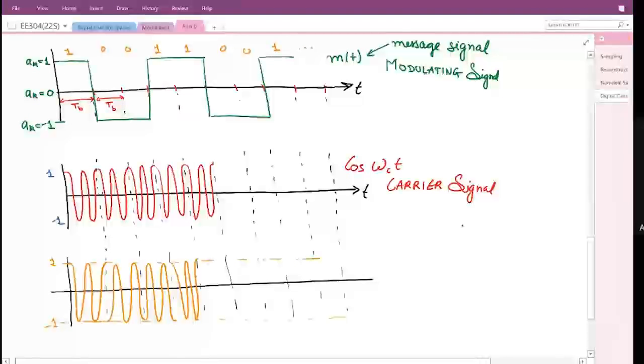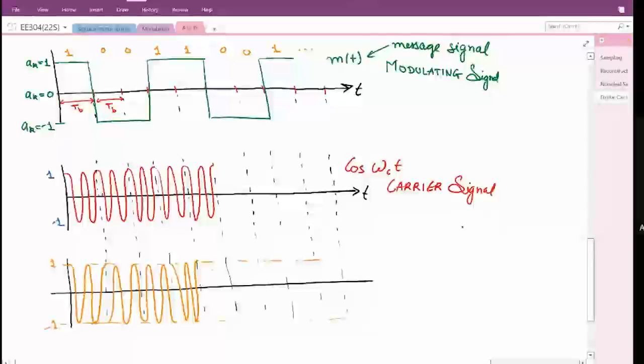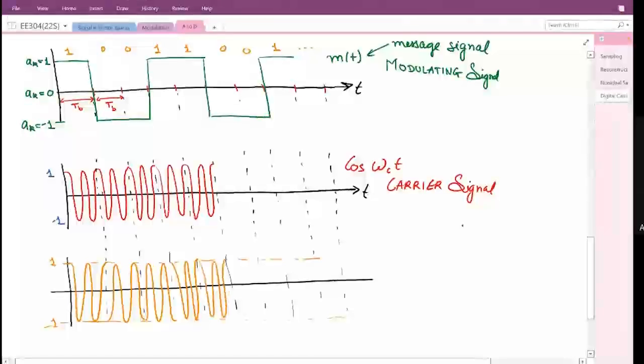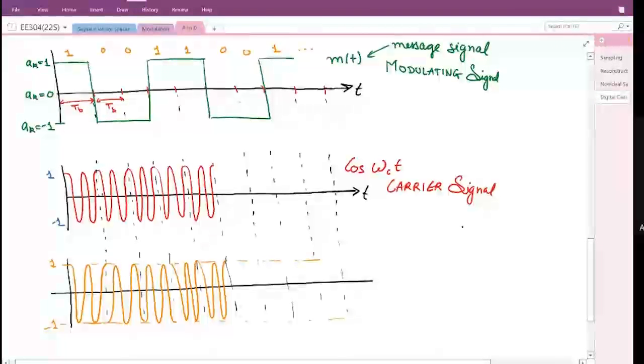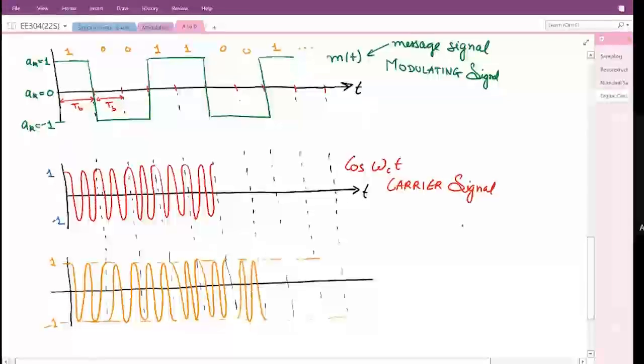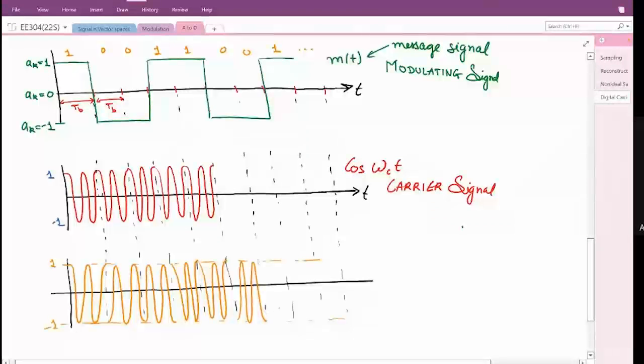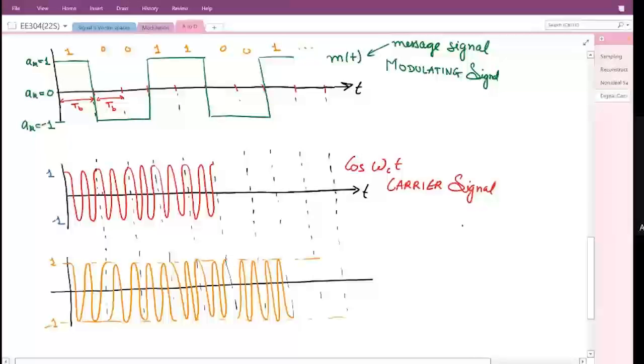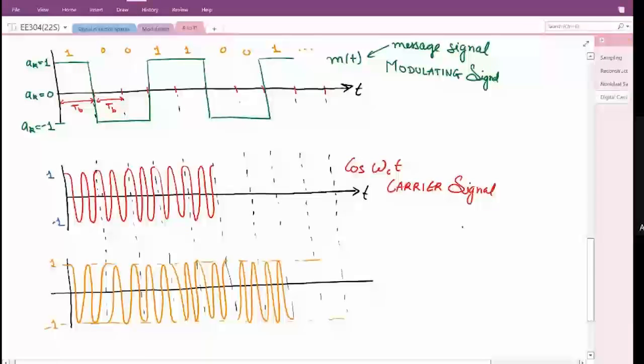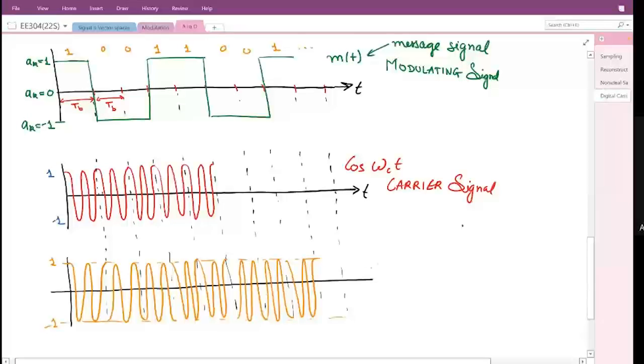and again a 1, like this, and then there is a 0, so it should start from negative. Yeah, like this. And a 0, then 0 is being continued, so we have two cycles like this, and then there is a 1, so it should start from plus 1. Is this plot clear to everyone? So this is what is called